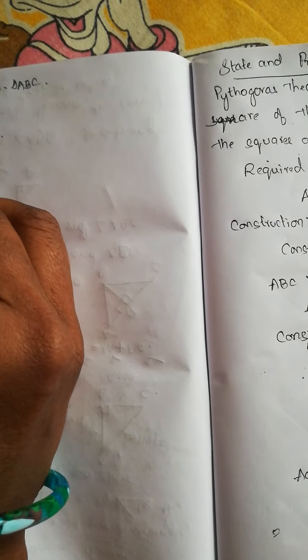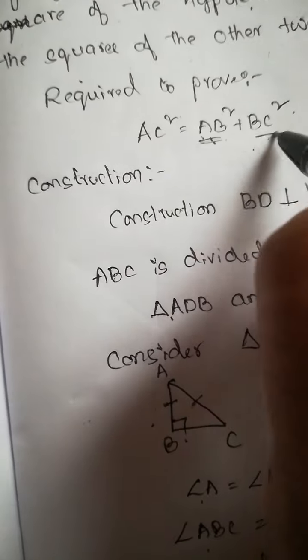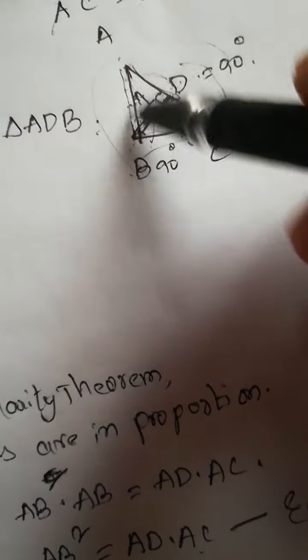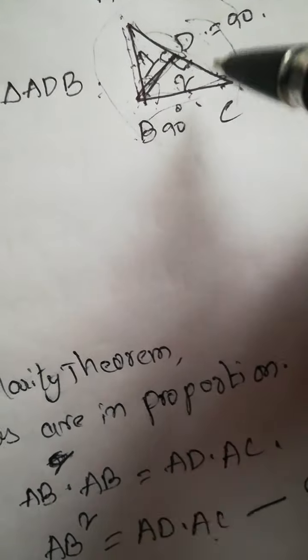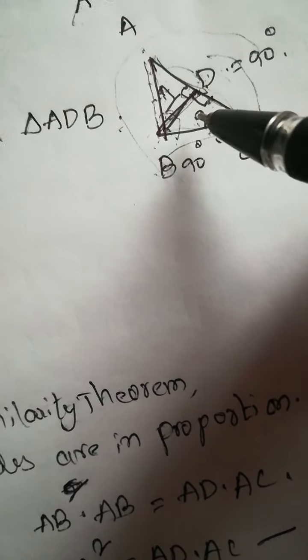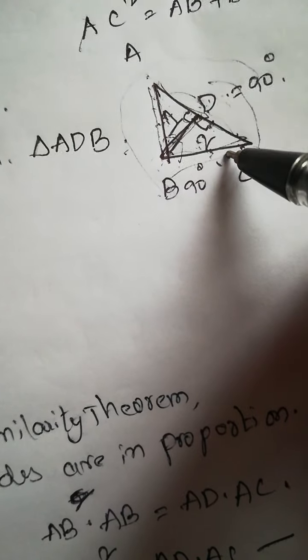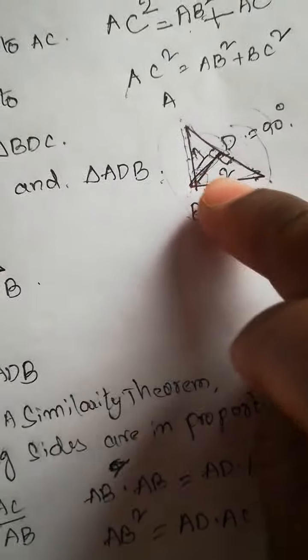Roughly we draw ABC, BDC, because this triangle is right angled at 90 degrees. So angle B, it is right angled at B, and this triangle is right angled at D. See, our aim is to find the value of BC. Okay, we have to find the value of BC. If we take the main triangle and this triangle, which side is included in the smaller triangle? BC is included, na? So we get the value of BC from these two triangles.